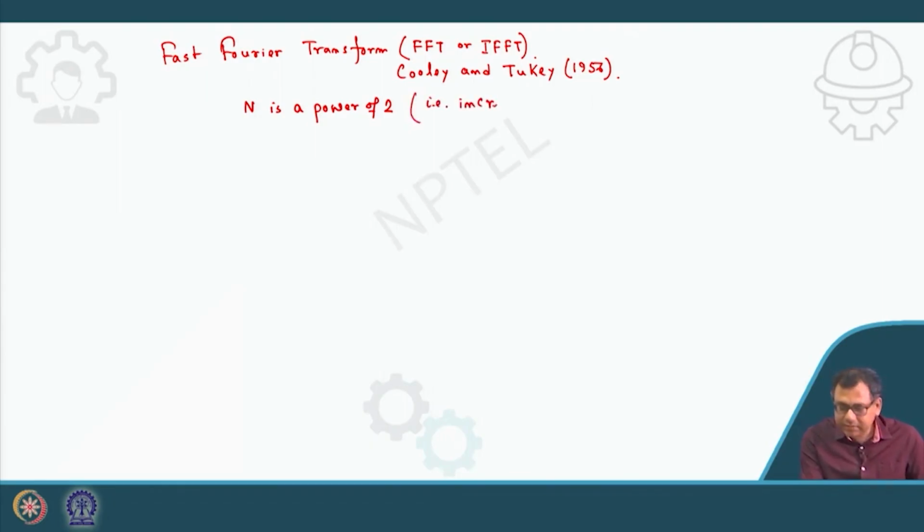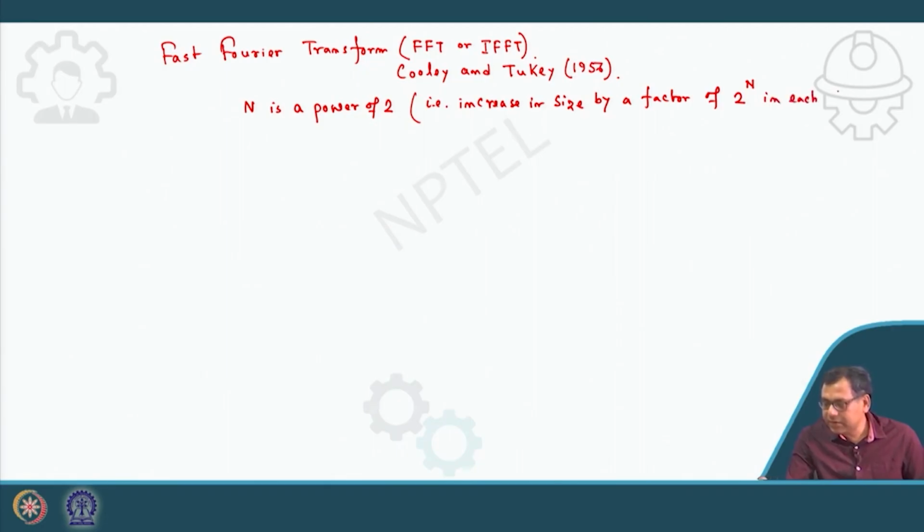That we increase the size by a factor of 2 to the power n in each stage. So we will increase the size by a factor. They developed a computational algorithm where we are increasing the size by a factor of 2 to the power n. So here in this algorithm, the time required